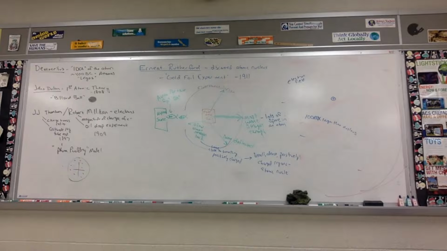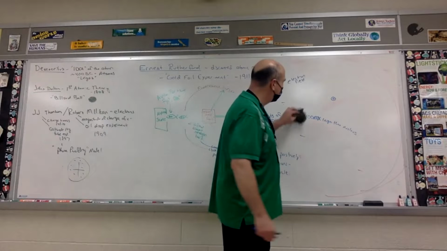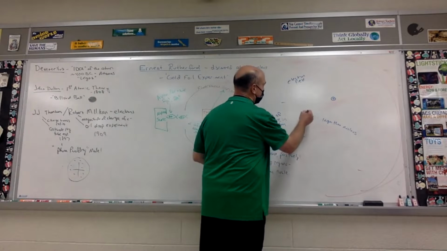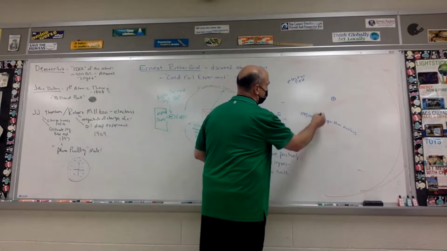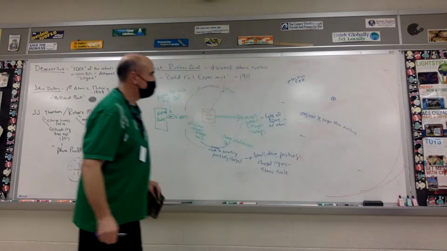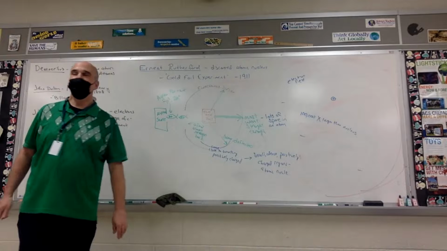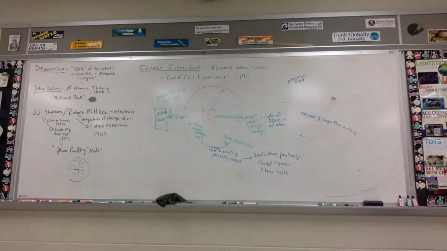That's a lot of space around. That's supposed to be a J. Let me just rewrite that. 100,000 times larger. So if you want to get a little bit of a visual, though it's still not as massive as what this electron cloud would be,